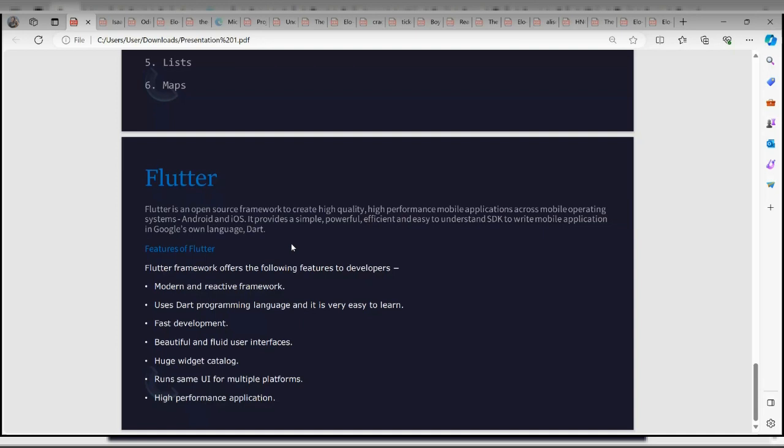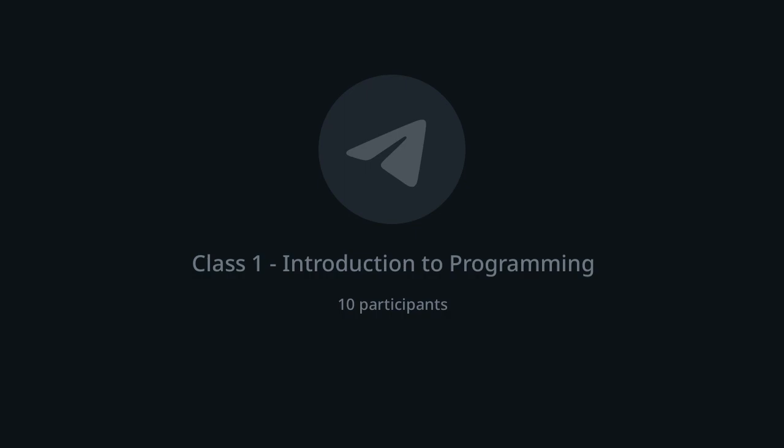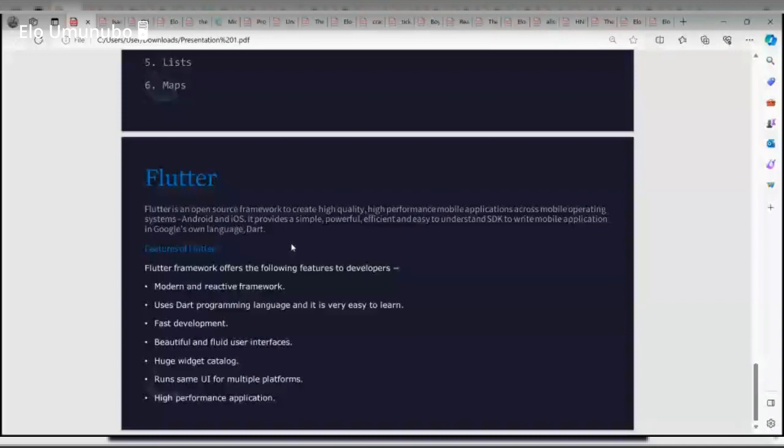That's why Flutter is the reigning framework right now for building applications. In the old days before Flutter, we used Swift for iOS. You have to learn the Swift programming language first just to build an iOS application. Then you will learn native, Kotlin or Java.